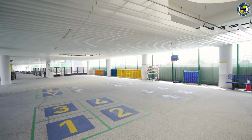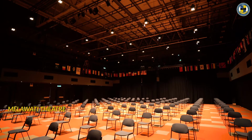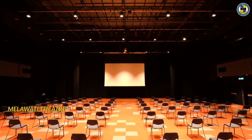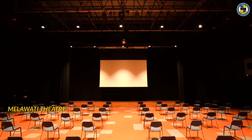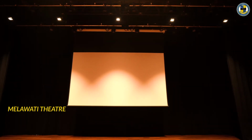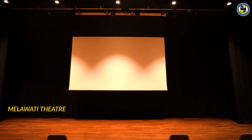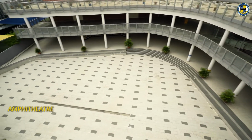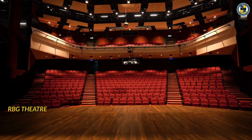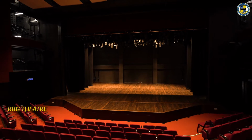and adults. Next, we have the 345-seat Melawati Theater, akin to a black box-style studio space filled with retractable seating and loose seating for a further 300 people. ISKL's Performing Arts Center helps build beautiful worlds for our younger and aspiring actors, musicians, dancers, artists, and designers to